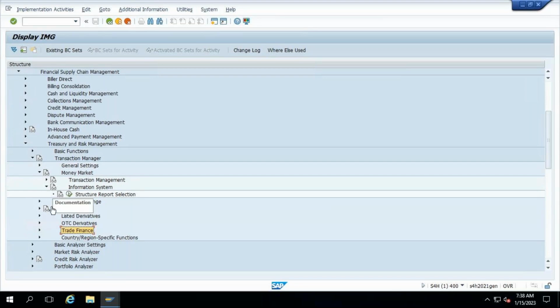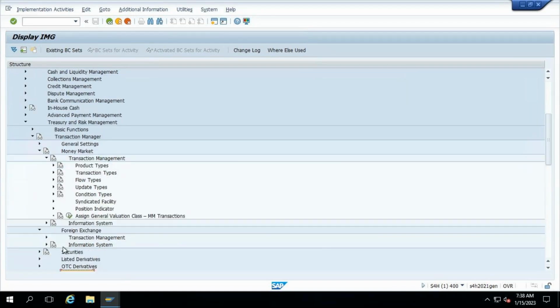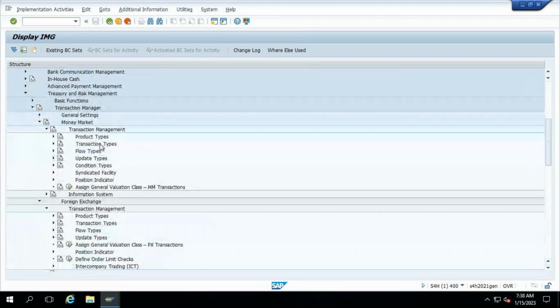So these are the various folders. If you go to the folder, these are called standard configuration. Even in foreign exchange, this configuration is almost the same: product type, transaction type, flow type, update type, condition types. So in SAP TRM, there are basically two kinds of configuration. One is called product level configuration. It starts with the product type, then transaction type, then flow type, then update type,